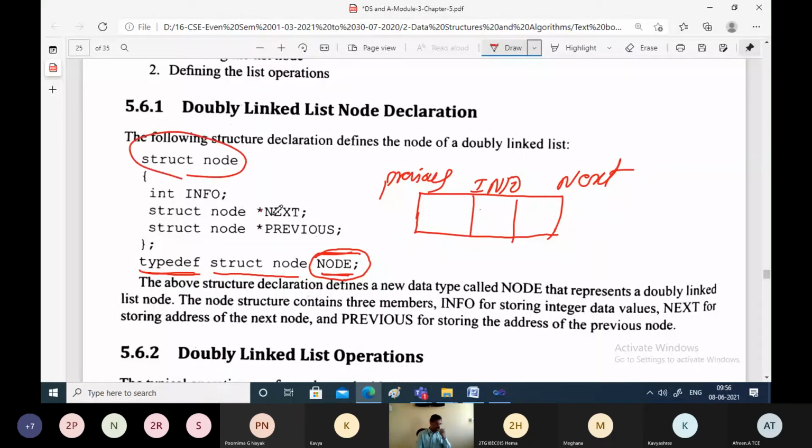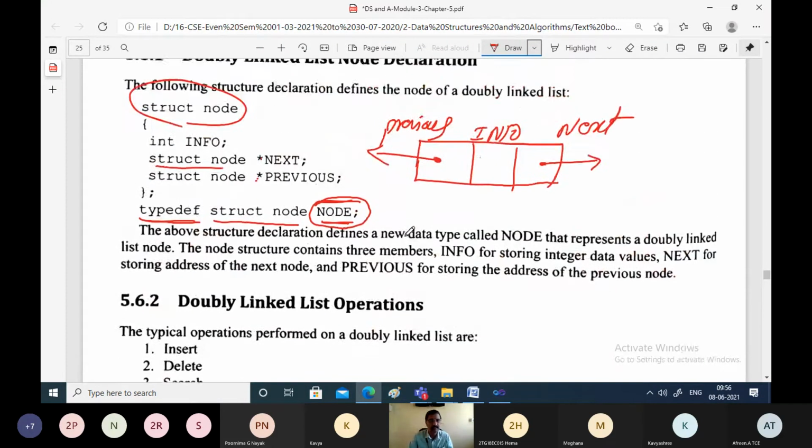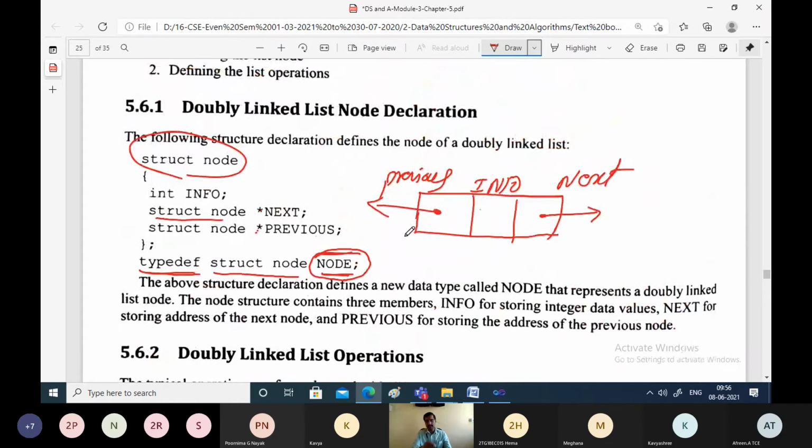And see here, the types of these are pointers of what type? Of struct node. That means next can point to one independent node of the linked list, and previous can point to one independent node of the linked list. That is the indication. In the case of a singly linked list, we did not have this field. Only the next pointer was there.